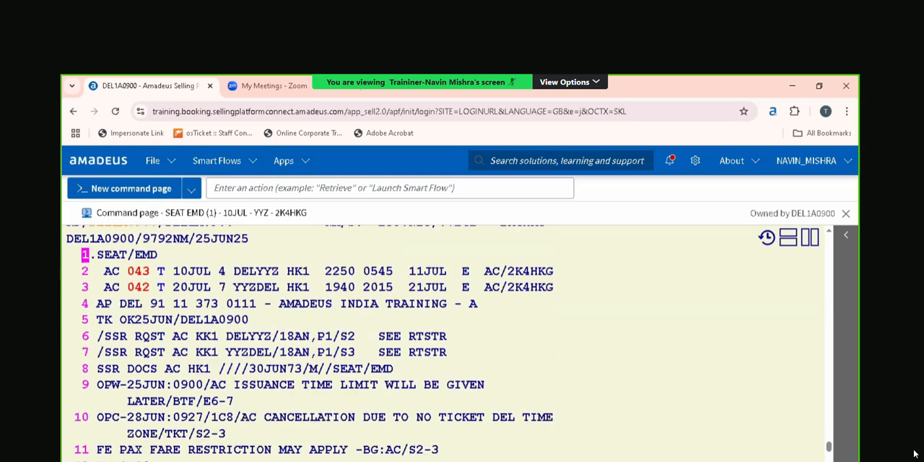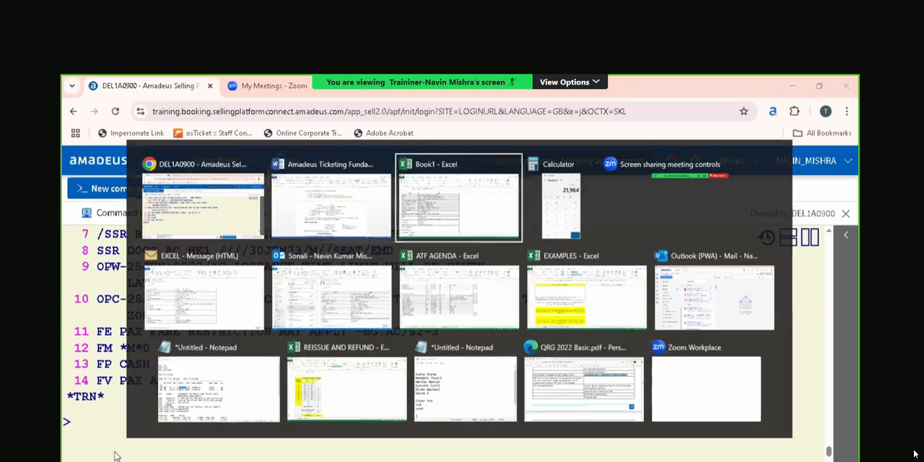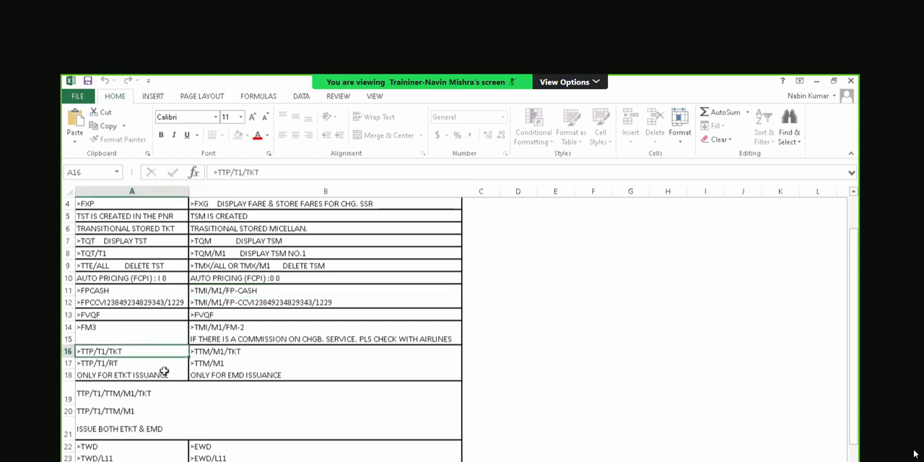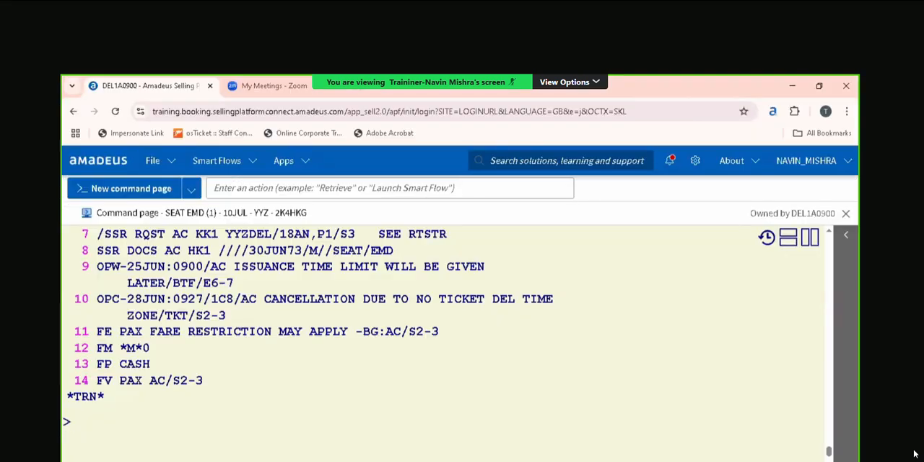So if we know the command to issue the PNR is TTP. Yes or no? What is the command for the PNR to be issued? TTP. So similarly, what is the command for the EMD issuance? TTM is the command. So if I wanted to issue the PNR and the EMD together, I will type